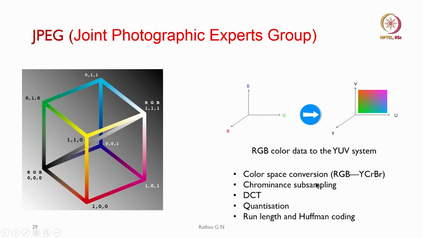And then we can do the subsampling in the chrominance subspace basically, and apply the discrete cosine transform. Later on go on to do the quantization. So, we use different quantization matrices to see how much information we can discard. Later on we went on to do run length coding in the DCT, and in the inverse DCT it is going to use the Huffman coding to get back our